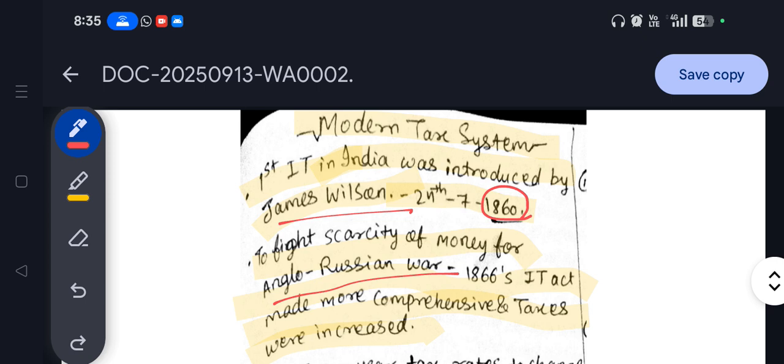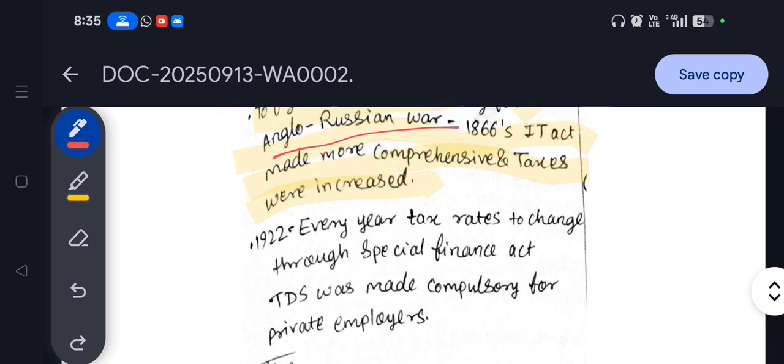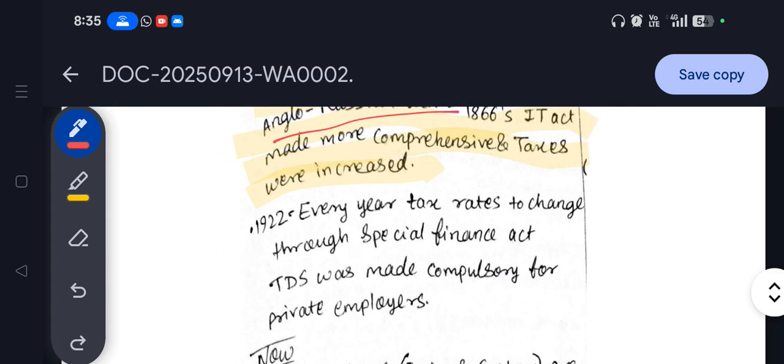So what the Britishers did, rather than using their treasury's money, they focused on India. They started charging more and more tax from the Indians, and that extra tax collection was used for war-related purposes. See what the mindset of those people was,